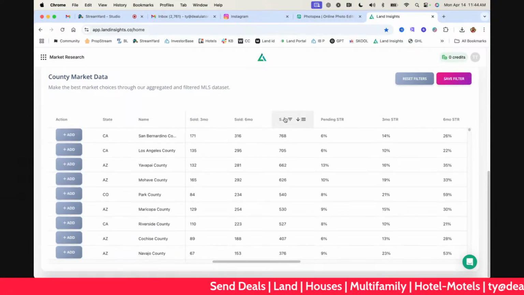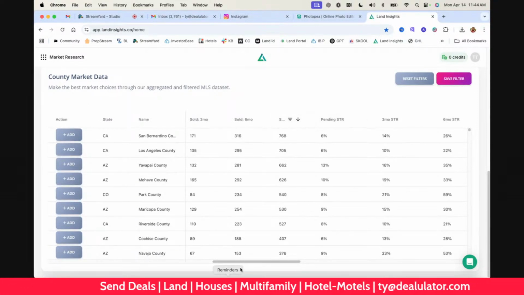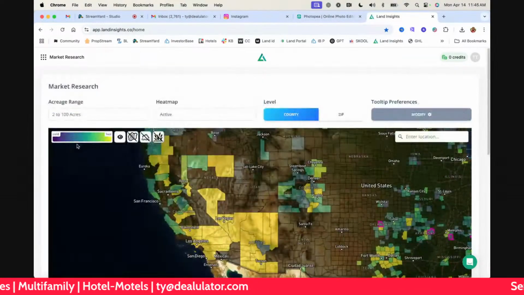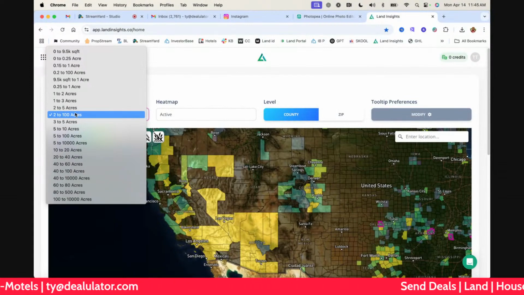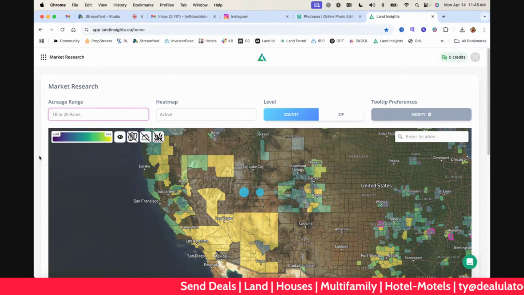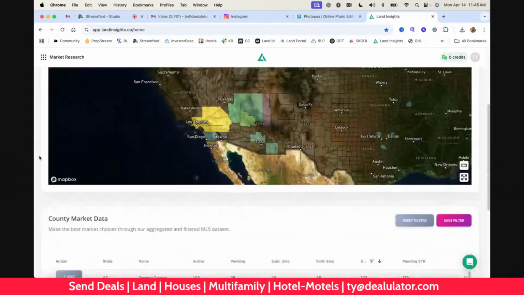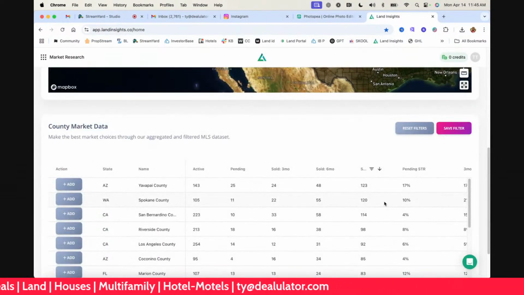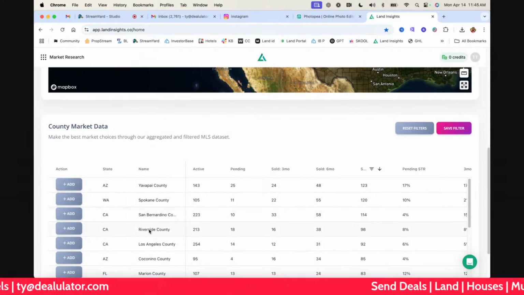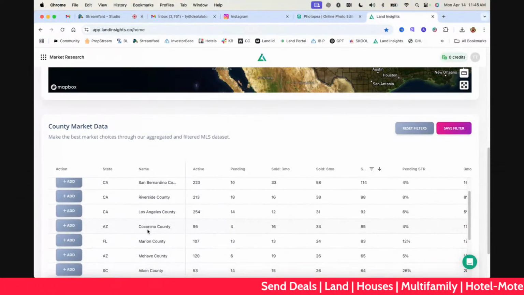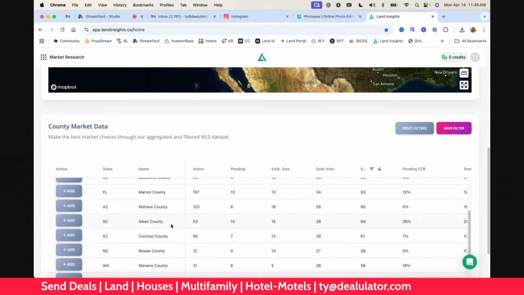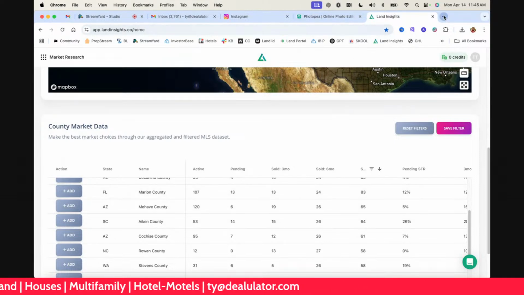And so some of them did sell. And then that size, of course, we got a ton of activity there. So let's break this size down a little more. Let's just say between 10 to 20 acres. All right, so now that breaks it down for us a little more. I'm trying to pick a county here and keep it simple, but I'm making it more complicated than it needs to be. All right, so let's do Aiken County, South Carolina. So let me go to Zillow.